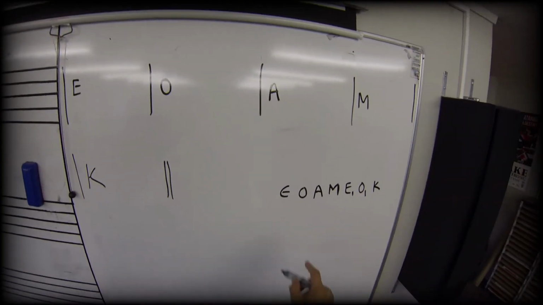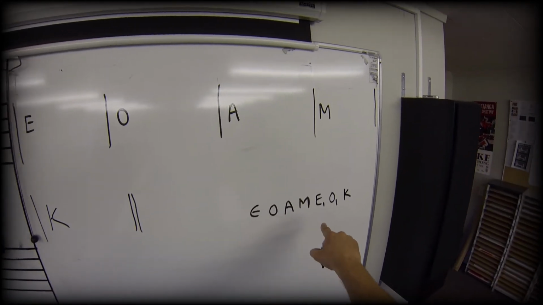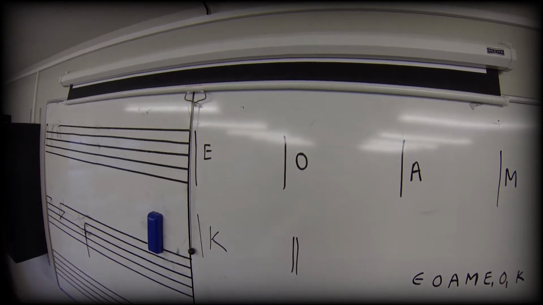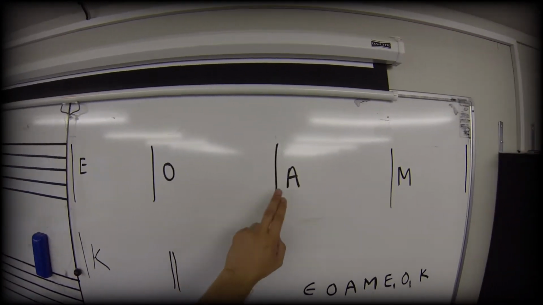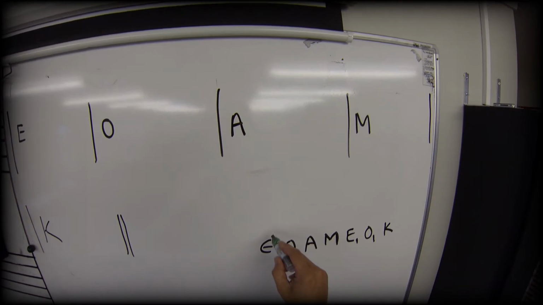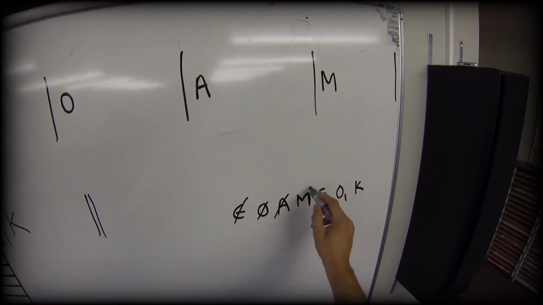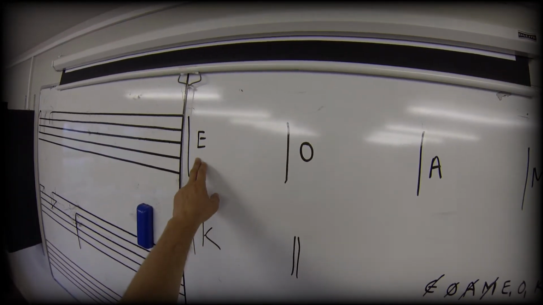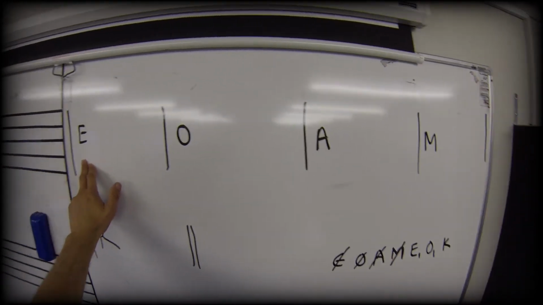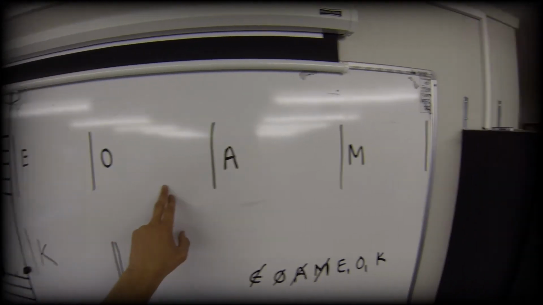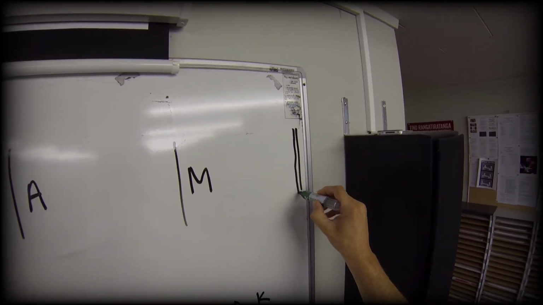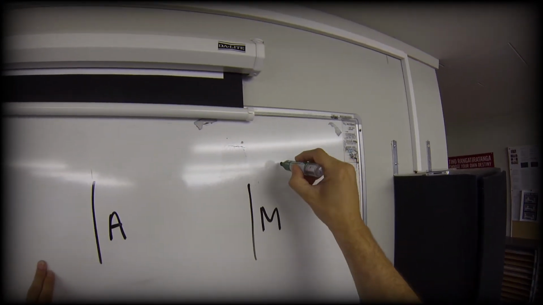So we've got a pattern of E, O, A, M, E1, O1 and K. Well, our first 4 bars are going to run just as usual, so I'll cross them off our list here. And now I need to go back to E, which is the very first bar, so a DC is going to be appropriate. So let's put in a double bar line at the end of bar M, and the instruction